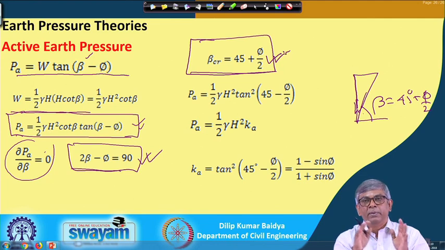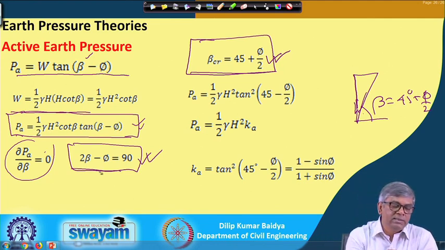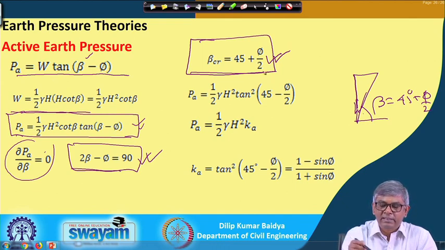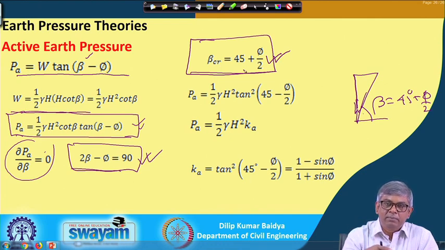So, previously I had only mentioned it based on our knowledge. Now you can see mathematically we could find out at what angle this active pressure becomes minimum, or the pressure becomes active, that is nothing but minimum pressure. So, this beta critical is now 45 degrees plus phi by 2, as I have mentioned, the critical angle for which the pressure becomes minimum. That means I can put this beta value in this expression, because beta was actually variable here. Now, I have got the definite value.